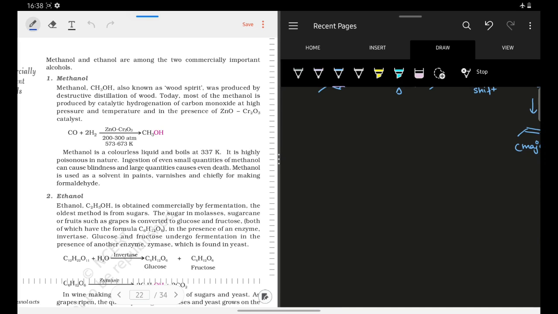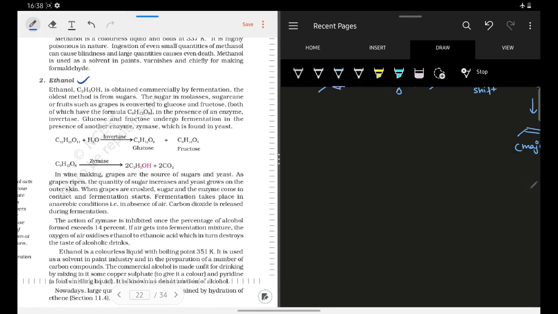Okay, now this is some general knowledge type portion here. So here we have to remember some points: methanol is known as wood spirit, right? It is usually obtained by hydrogenating or reducing carbon monoxide in the presence of ZnO and Cr2O3, your catalyst, and that leads to the formation of methanol. You must also remember one thing: methanol is not what people drink. People drink ethanol. Drinking methanol is actually very harmful. It can cause blindness and may also lead to death.